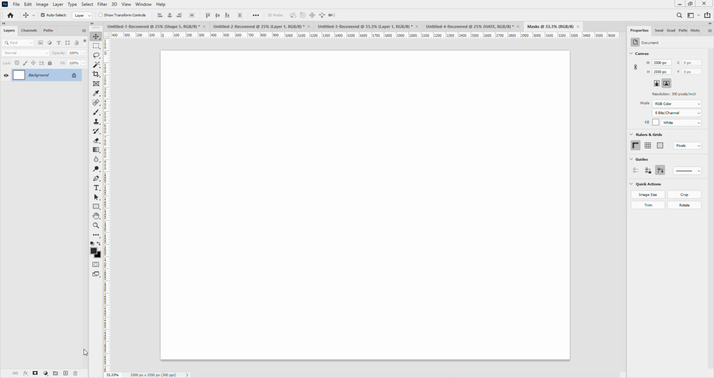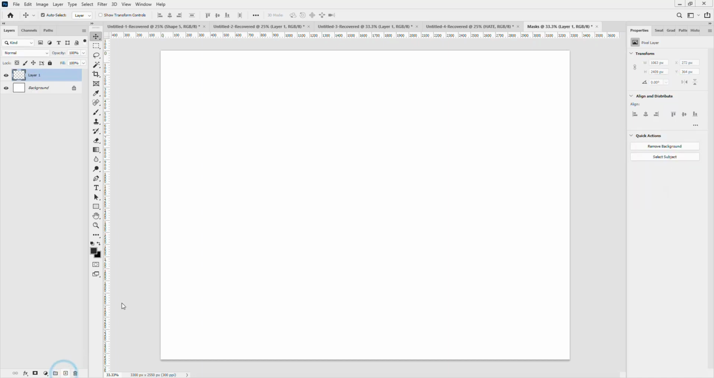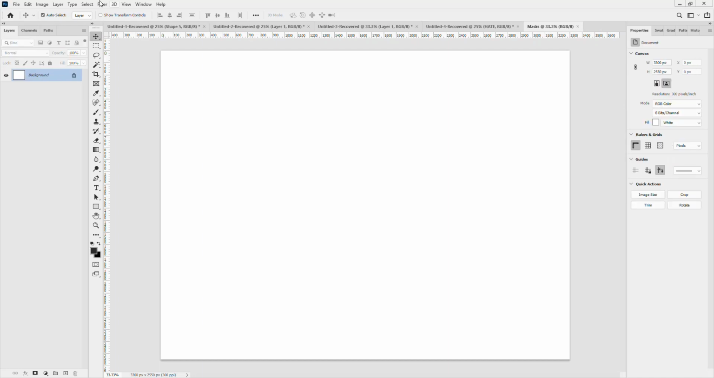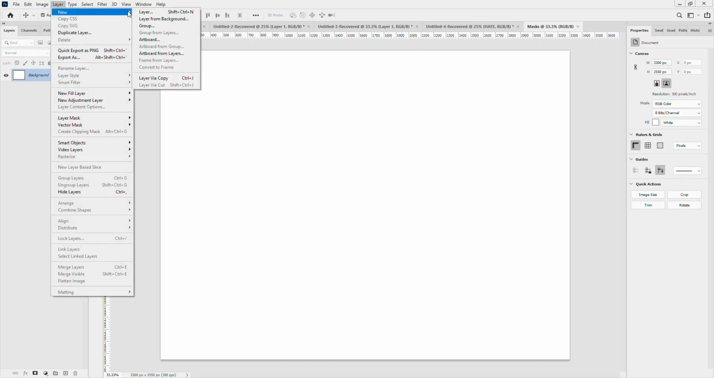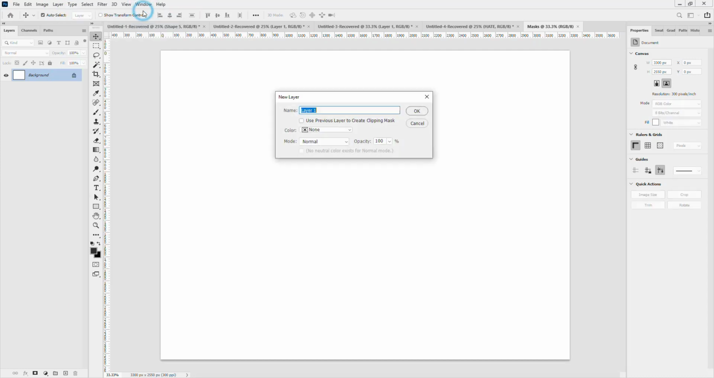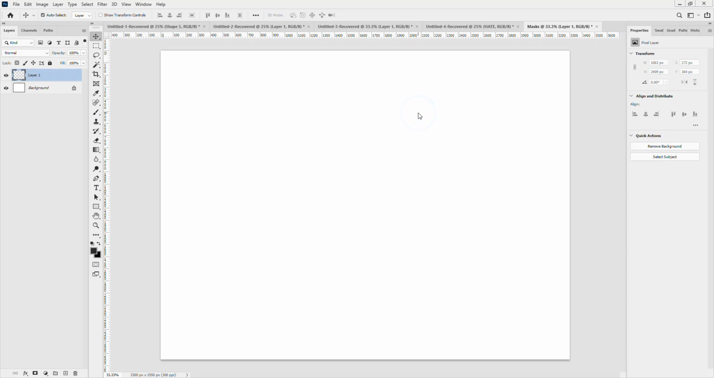So let's jump in. I'm gonna create a new layer here. By now we should be familiar with creating layers that way. Other ways you can create layers: come here to Layer, New Layer, and give it a name. I'm just going to leave that as Layer 1. Okay, so